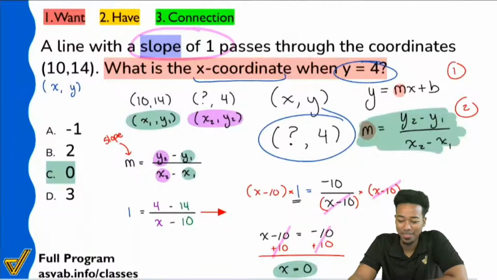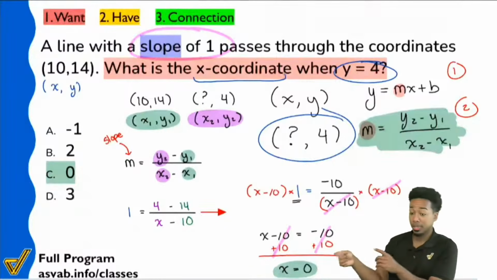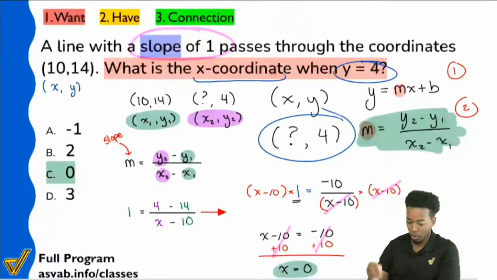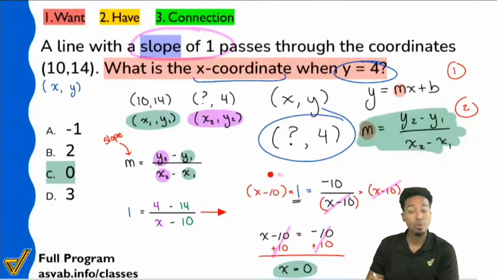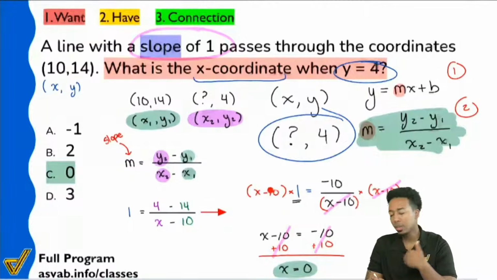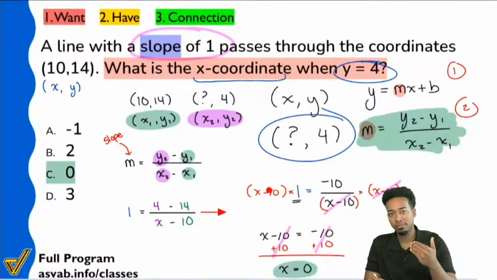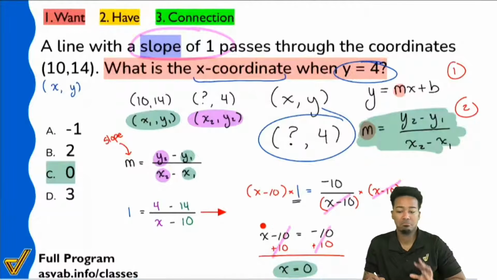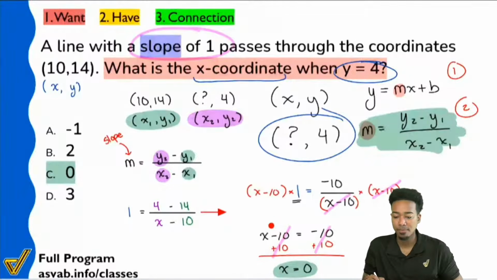That's all it was. Yeah, so what happened to the 1, Fatmata, was that, hey, that x minus 10 times 1 right over here. Remember that anything times 1 is going to stay the same. So here, x minus 10 times 1, it's just going to be x minus 10.